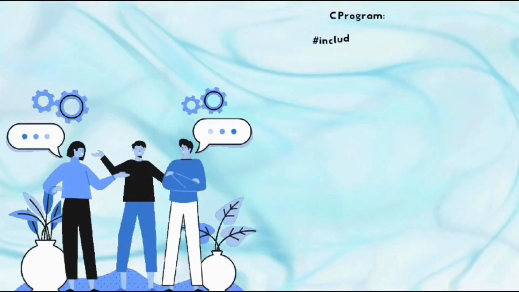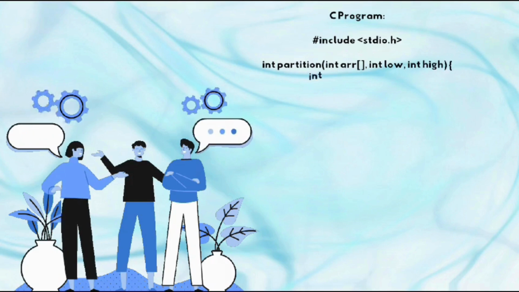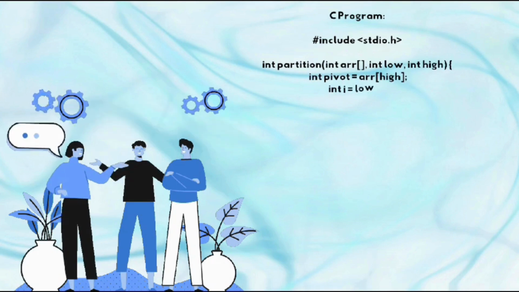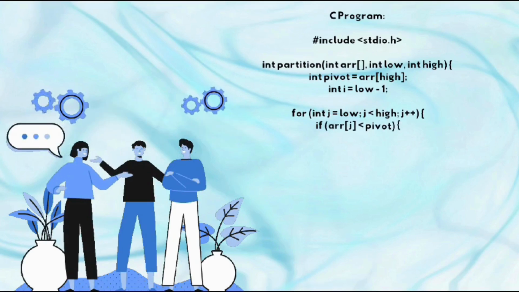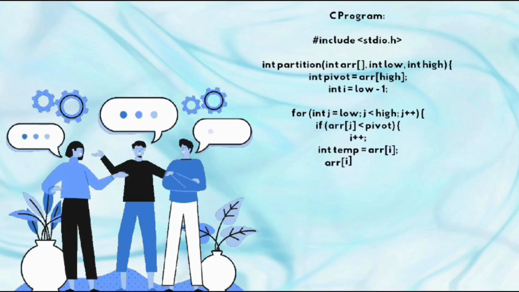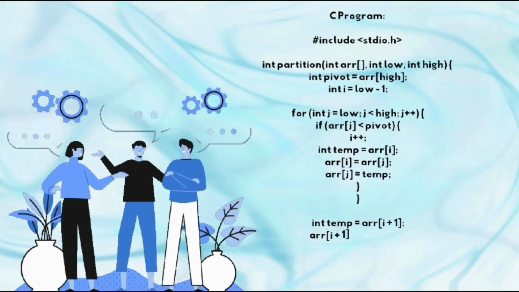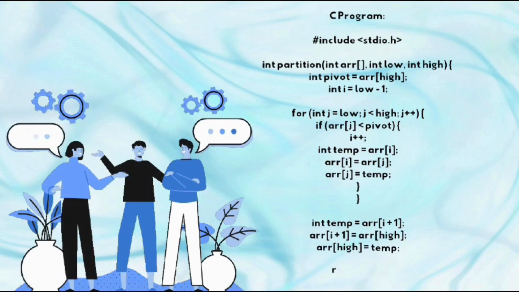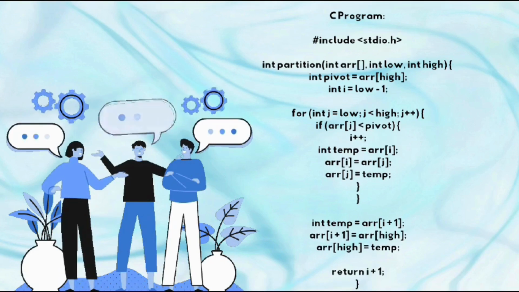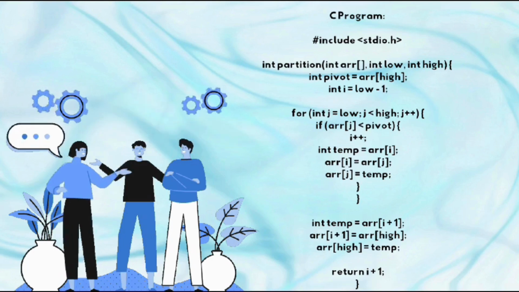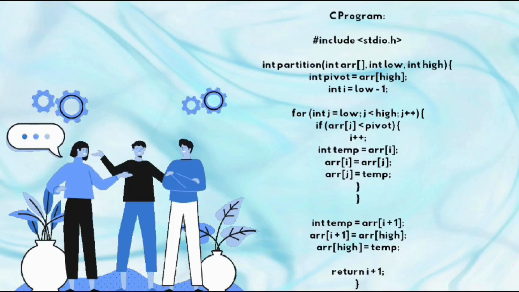C program. #include <stdio.h>. int partition(int arr[], int low, int high) { int pivot = arr[high]; int i = low - 1; for (int j = low; j < high; j++) { if (arr[j] < pivot) { i++; int temp = arr[i]; arr[i] = arr[j]; arr[j] = temp; } }